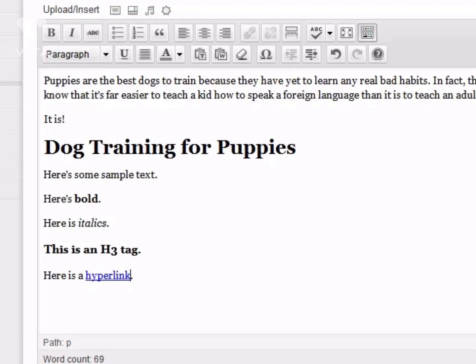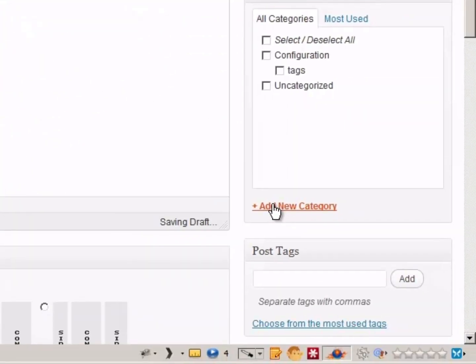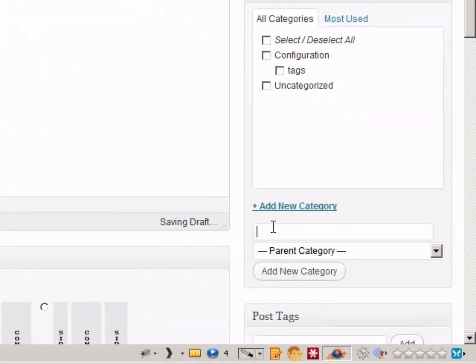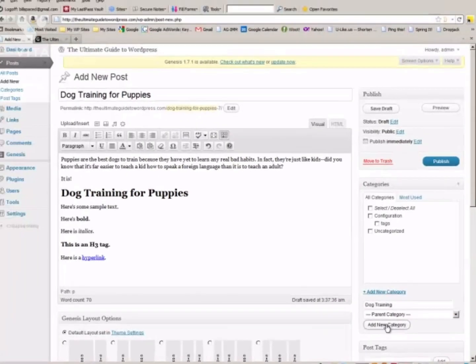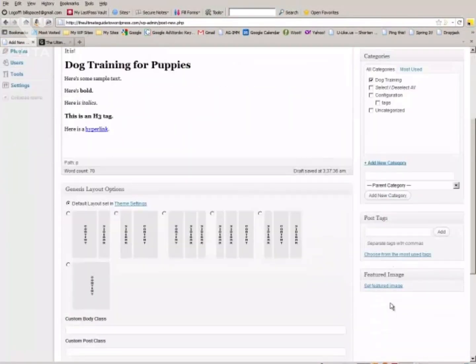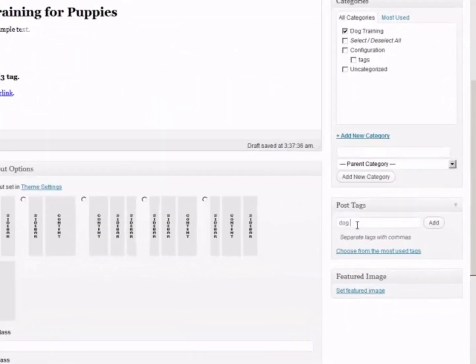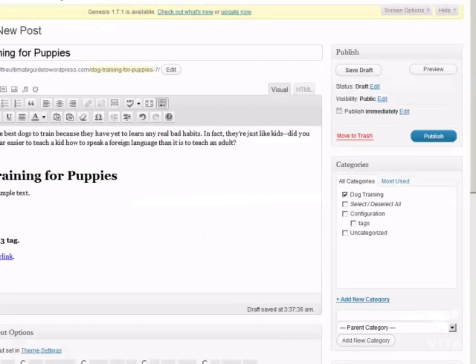So we click Add Link, and we'll put this under a category, or we're going to make one on the fly, called dog training. Click Add New Category, and then we can say dog training for puppies, dog training, puppy dog training. Then hit Add, go up here, click Publish,